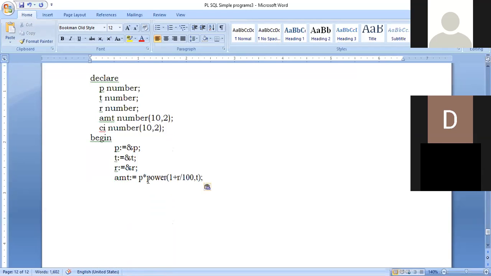Actually what I want to type is P into bracket 1 plus R divided by 100, and then I want to give raised to.